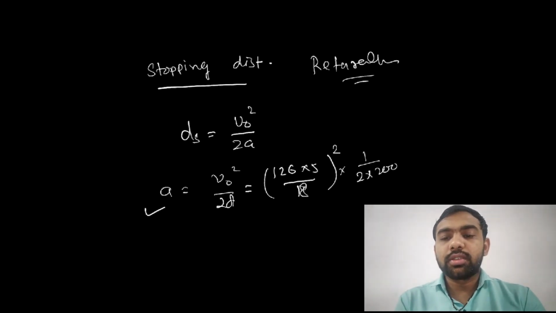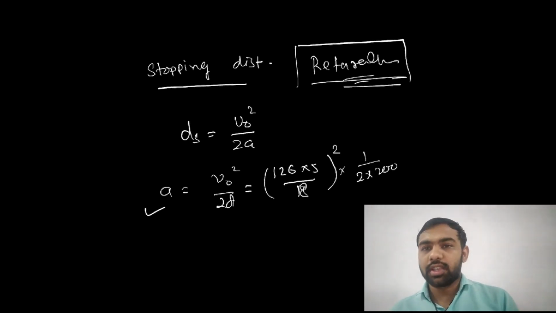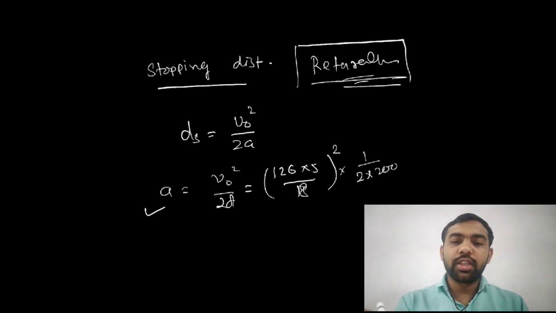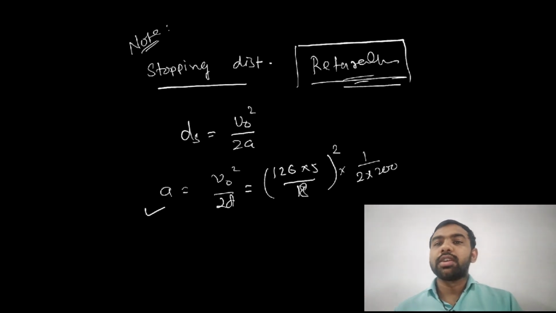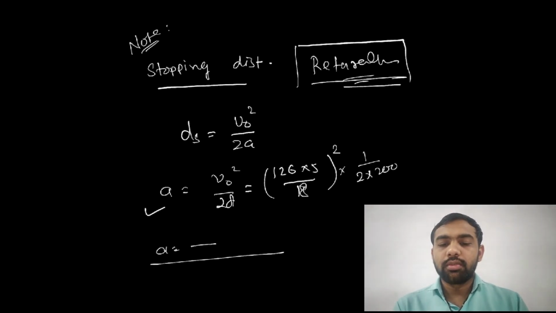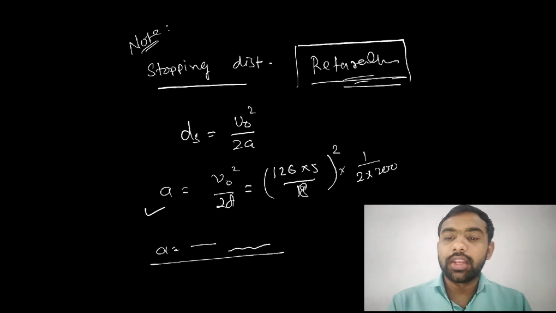Actually, in the stopping distance case, retardation is always present, so we have to understand that by ourselves. We are using this equation, where we already used the sign when we derived the relation. Okay, so this is our answer for stopping distance. All of you must note this, because whenever this type of question is asked in a competitive examination, you use this equation directly. Whatever answer you get, you put a negative sign before the answer, like this. So note it. Let's see the next example.